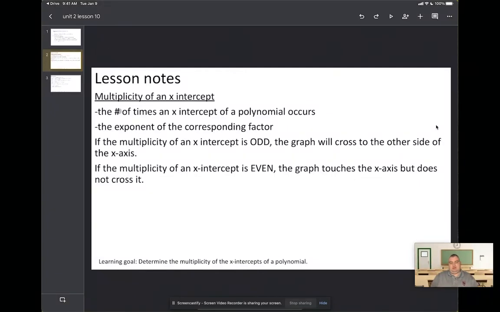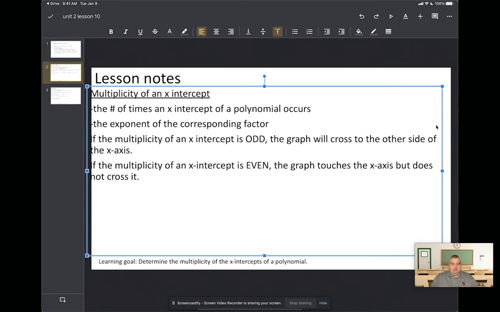One of the characteristics of a polynomial that we haven't talked about is something called the multiplicity of an x-intercept. The multiplicity is simply the number of times an x-intercept of a polynomial occurs. The way we find the multiplicity of an x-intercept is we look at the exponent of its corresponding factor. That exponent is the multiplicity. And the reason the multiplicity is